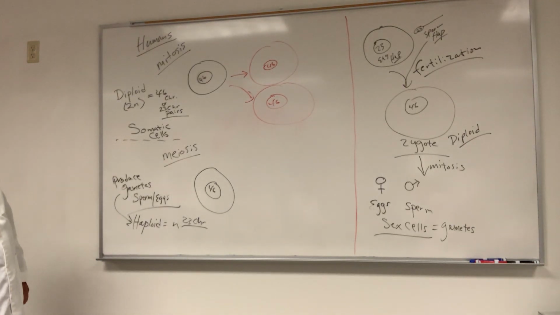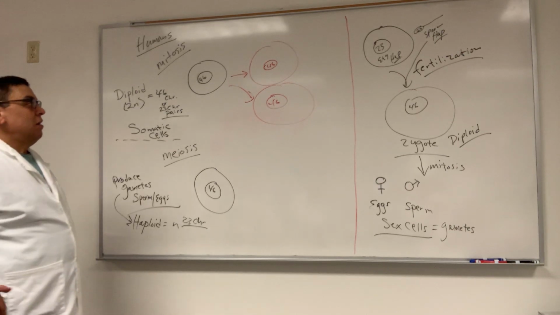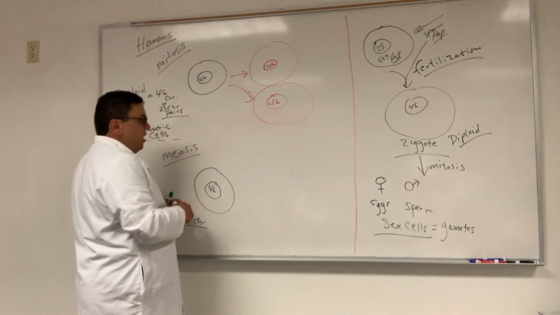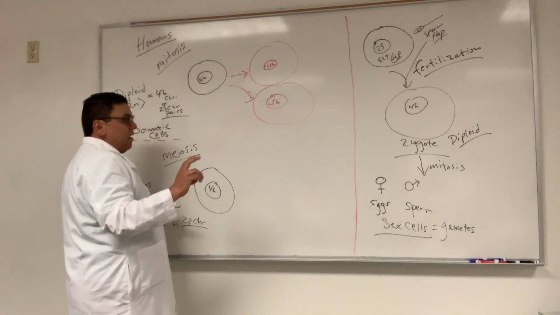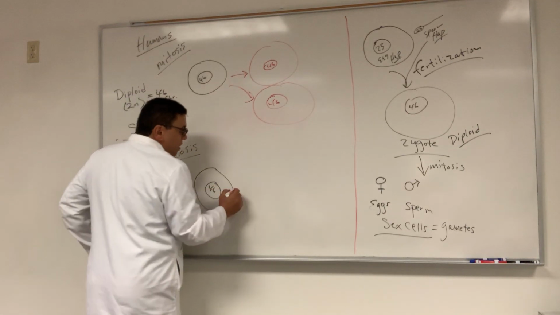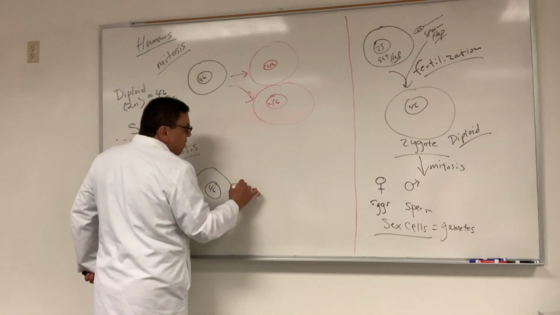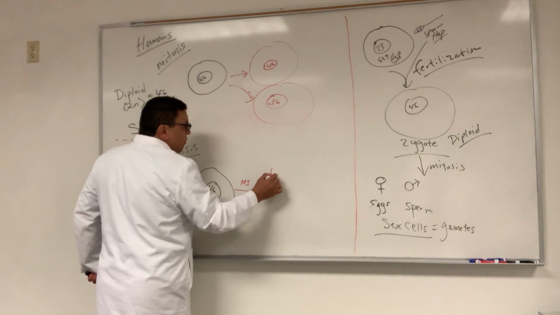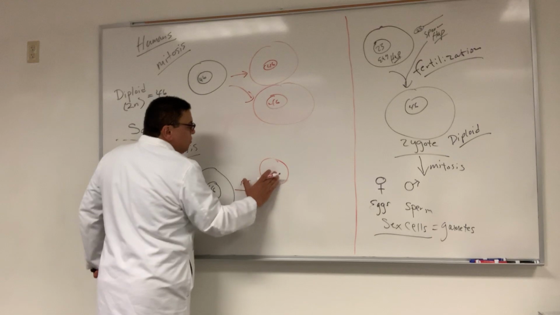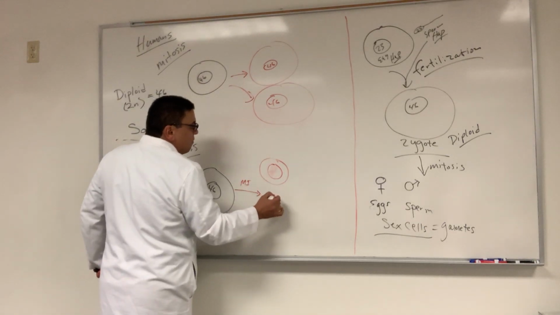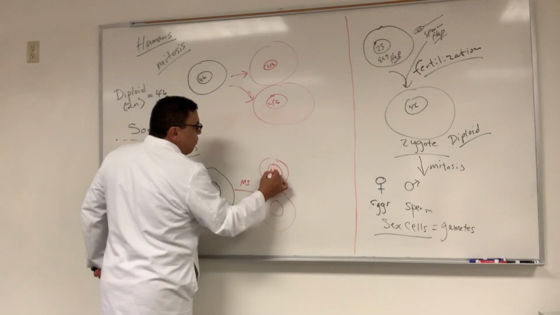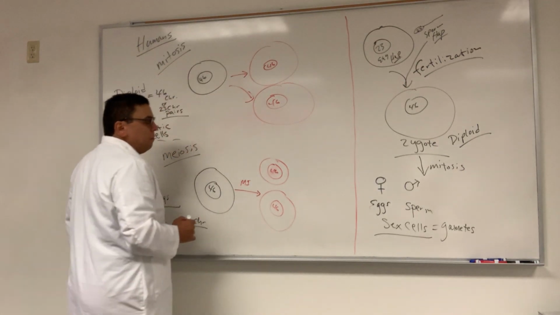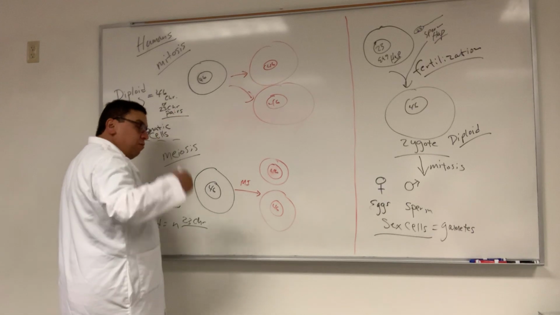Mitosis produces two daughter cells that are exactly alike to each other and to the parental cell. Can't say that about meiosis. Meiosis is different. Meiosis actually has two phases, two meiotic events, meiosis 1 and meiosis 2. The first, meiosis 1, will produce two cells with 46 chromosomes in them, but then each one of them will divide again.